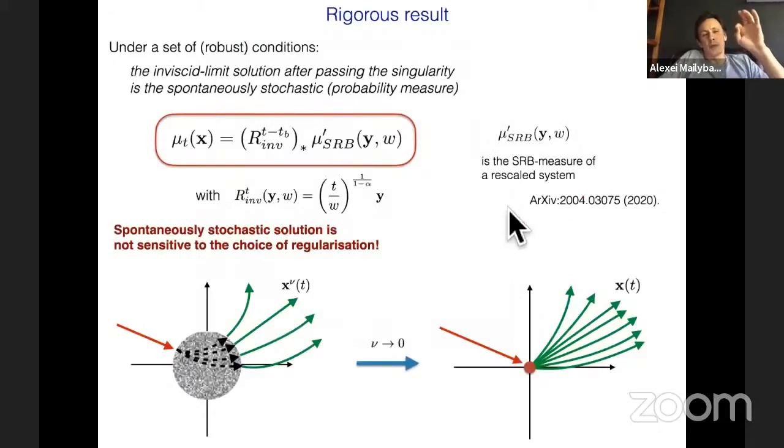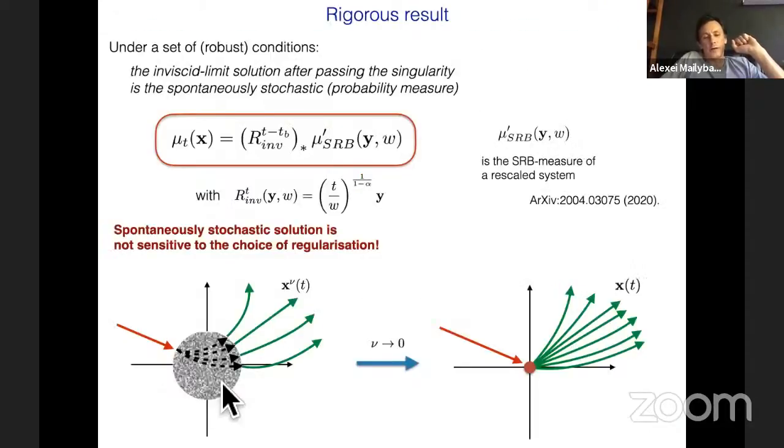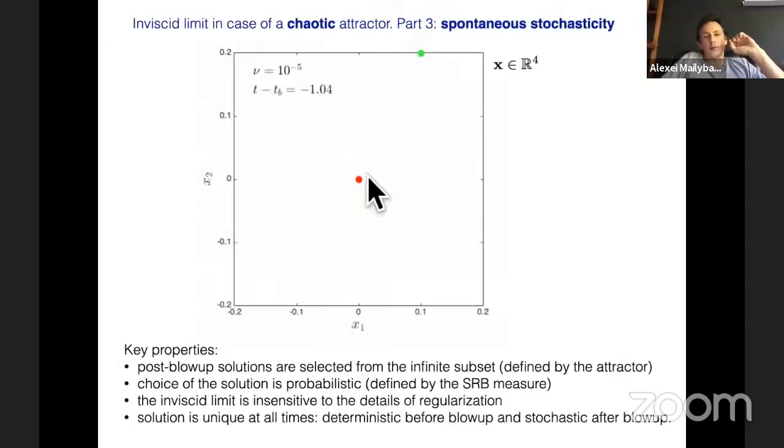So it will have a fixed point attractor corresponding to the pre-blow-up dynamics and a chaotic attractor for the post-blow-up dynamics. And this chaotic attractor is exactly designed using Lorenz attractors. So there is a fixed point in pre-blow-up and chaotic post-blow-up, and you will see what happens. There is a very small regularization which we also incorporate, in a ball of size 10⁻⁵, and we will see how the solution behaves.